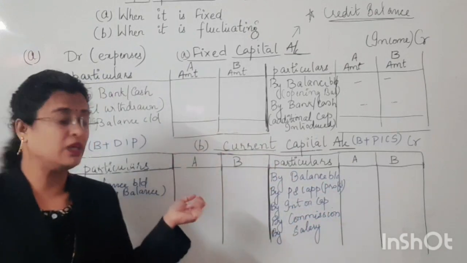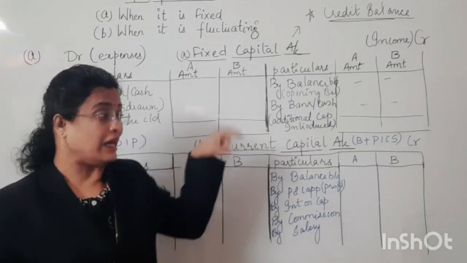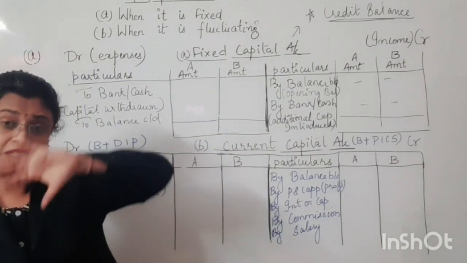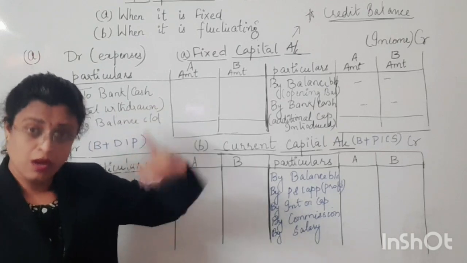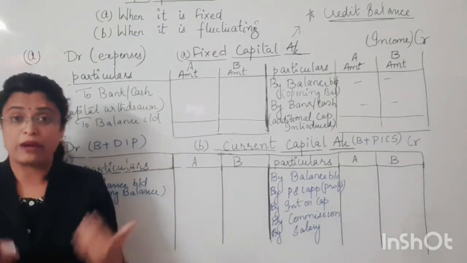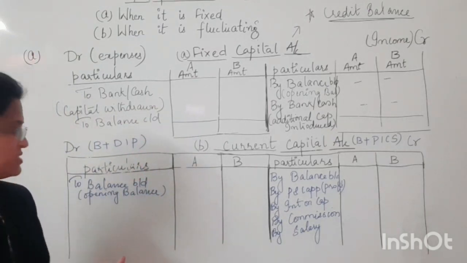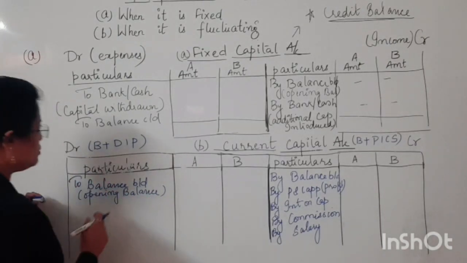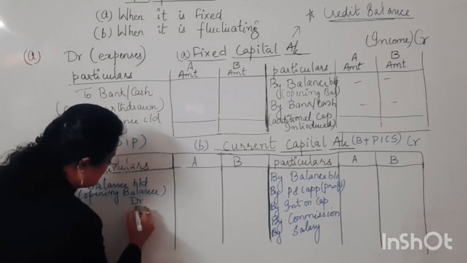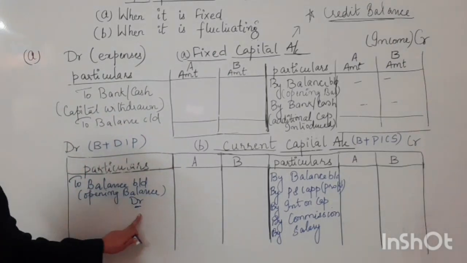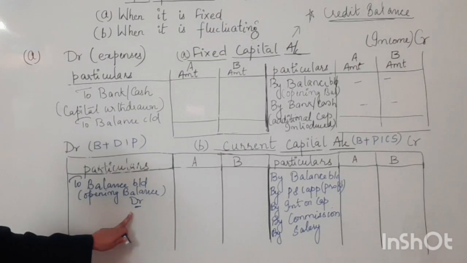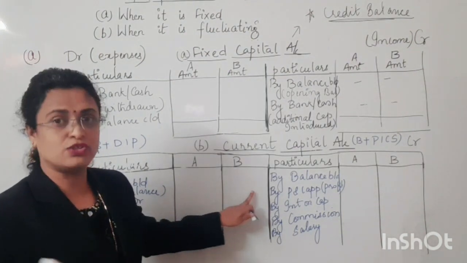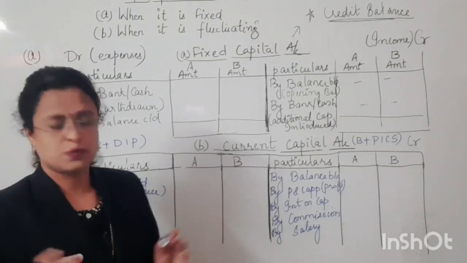Sometimes the question mentions that A's current account balance is given as debit. Debit means what? It's an unfavorable balance. That means the partners need to put even more money into the business, or there is a requirement of more money to be invested. So that's what we call a debit balance. In such a situation, any debit balance relating to the current account, which is an unfavorable balance, if it is given in the question, then it will be mentioned. Otherwise, if it's not mentioned, leave this blank, nothing will be specified over here.